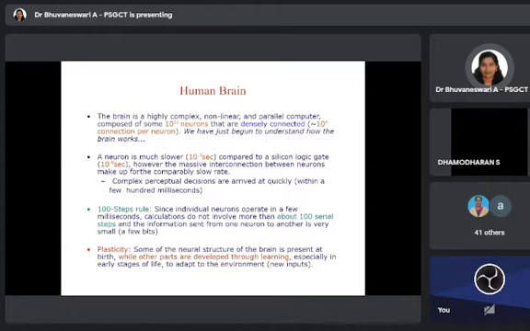When you compare neurons with silicon gate operation, which is 10 to the power minus 9 seconds, neurons are slower. However, with the massive interconnection between the neurons, till today none of the scientists have been able to exactly identify the network connections between the neurons. However, based on assumptions, we assume the massive interconnection between the neurons makes up for the comparatively slow rate